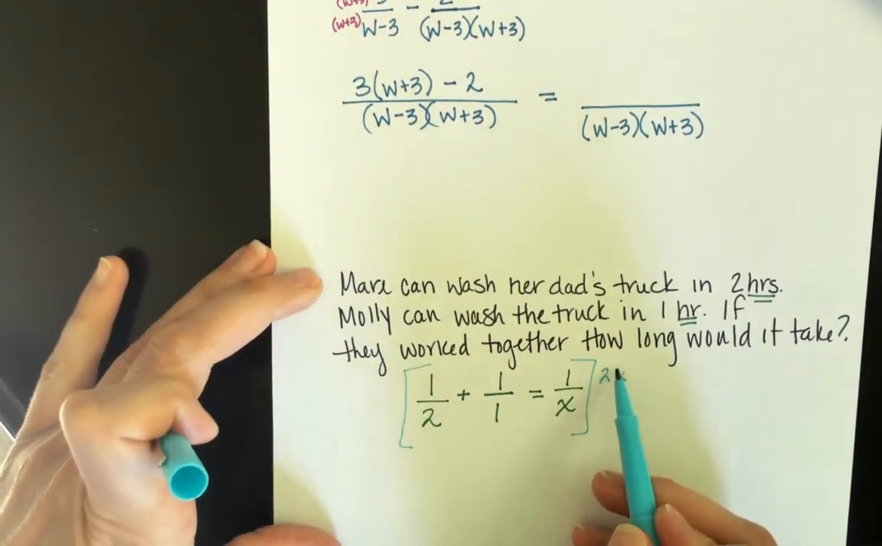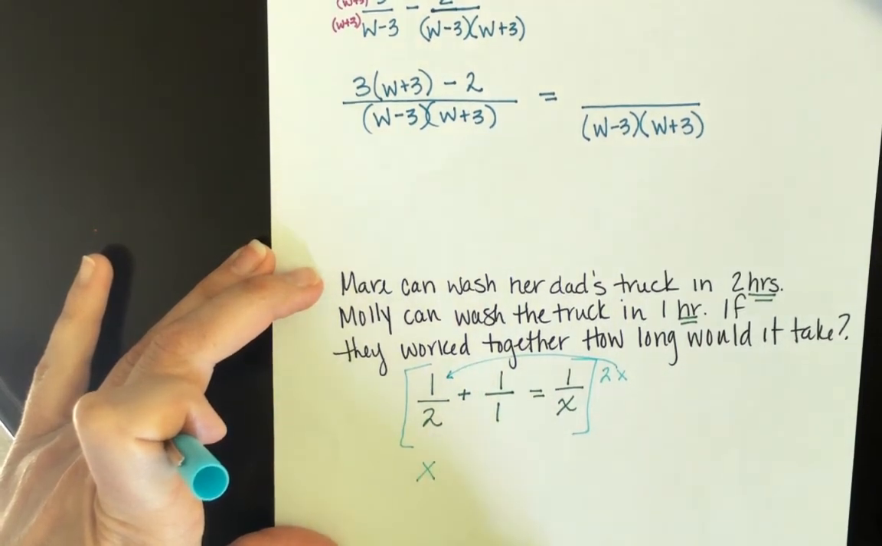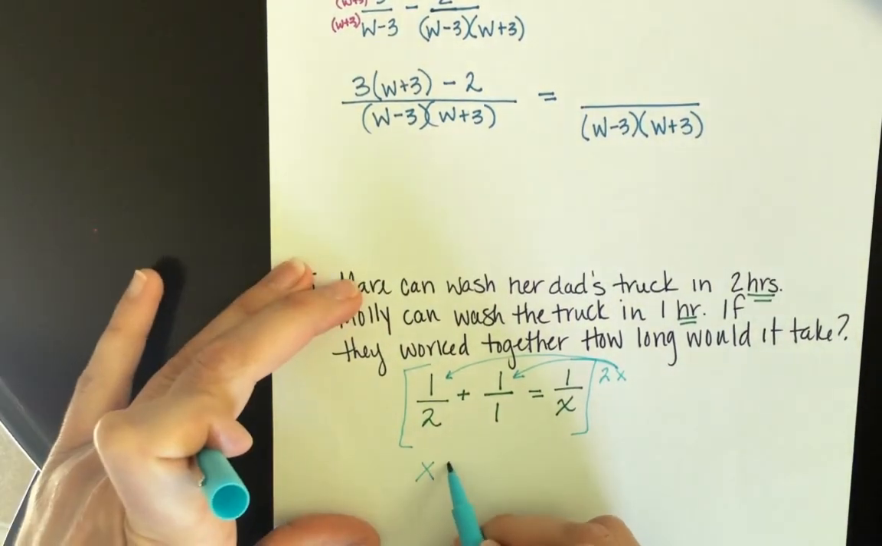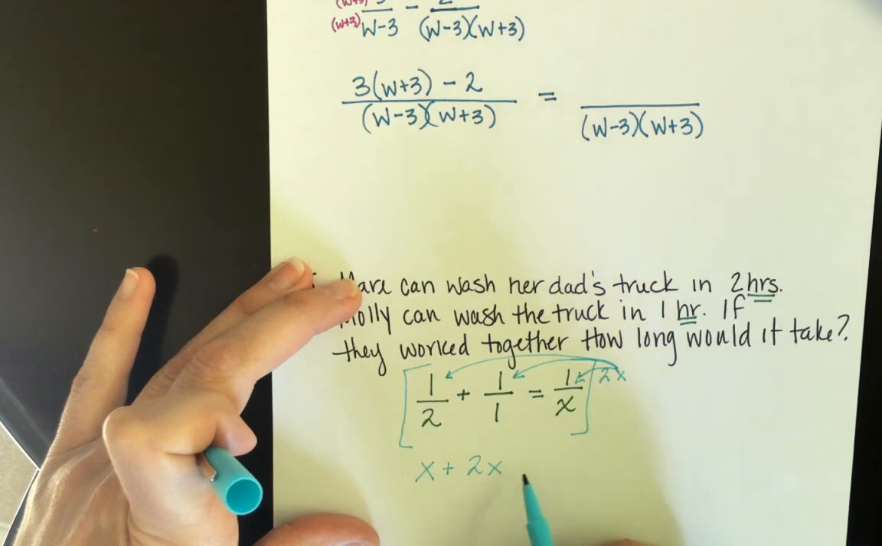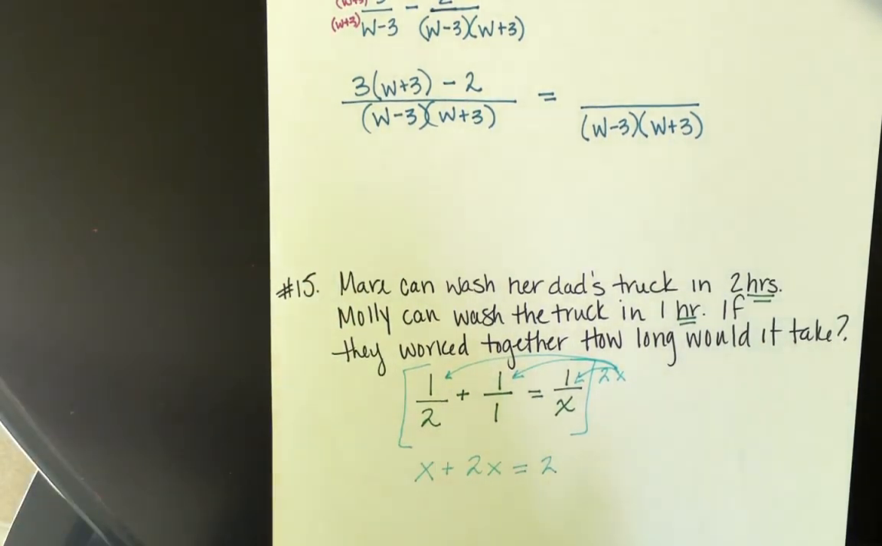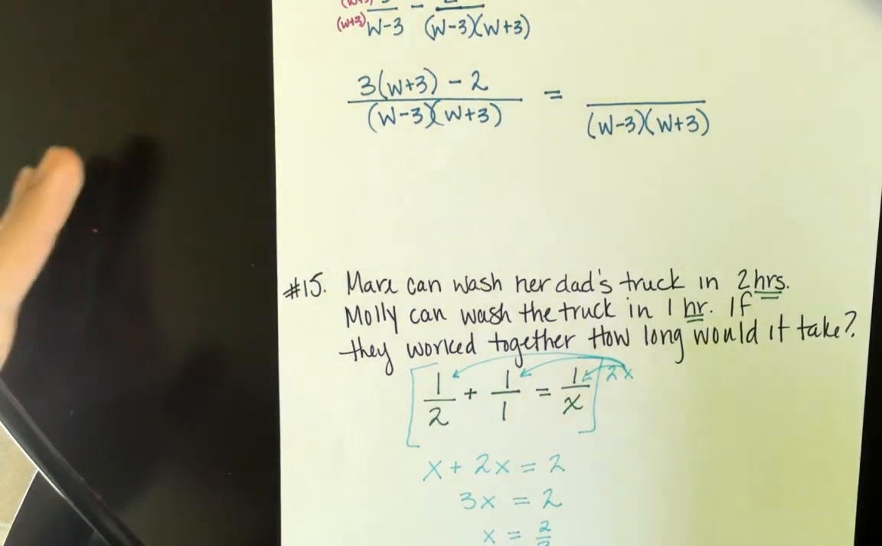And when I distribute, the 2's are going to cancel, but I'm left with x. The 1's are going to end up staying 2x. And then over here, my x's cancel and I'm left with 2. So we end up with 3x equals 2. And when I divide by 3, we end up with 2/3. Now, 2/3 of an hour,